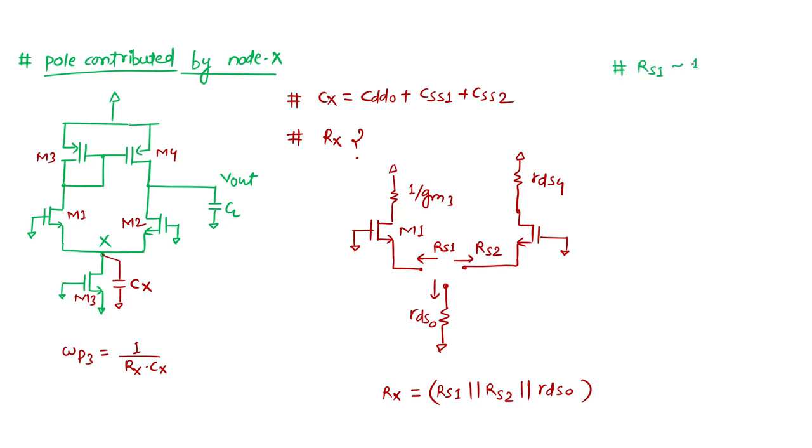RS1 was nearly 1 upon GM1. This thing we have calculated. Now we have to see RS2. Okay. So the same calculation way we know that